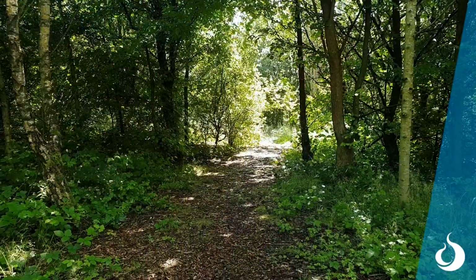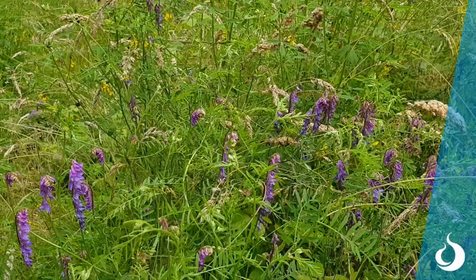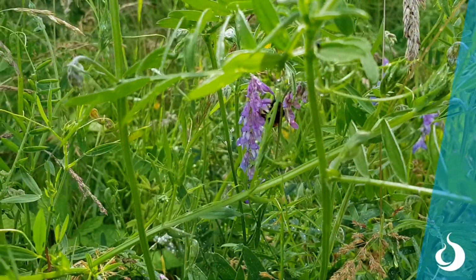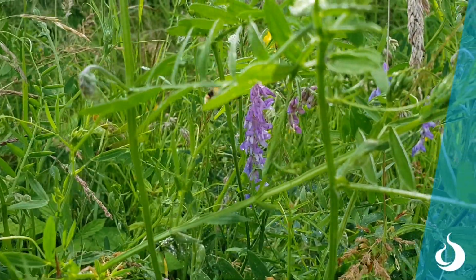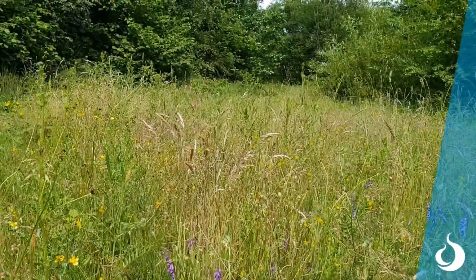As a result of the work we've been conducting, we've gained a lot of new friends to the site, a lot more visitor activity. People think it's looking much more open, colourful and friendly, but at the same time we've got a much greater benefit to wildlife, with wildflowers flowing through the site now, and lots of new paths for people to explore and get to